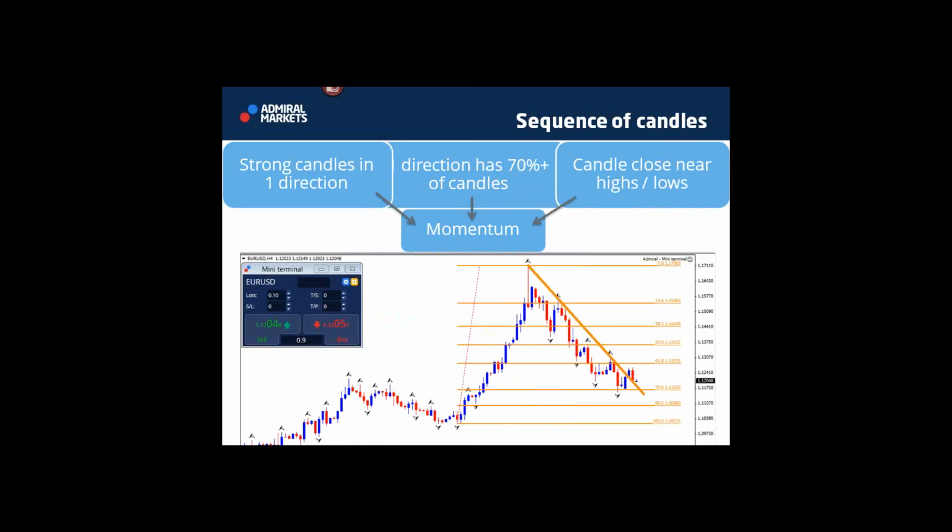But then we can go even a step further than that and start to look at basically a whole series of candles. And if we see that there's a whole bunch of them that is going into one direction, like for instance here, we see already a couple of them going to the upside there in the green circle,